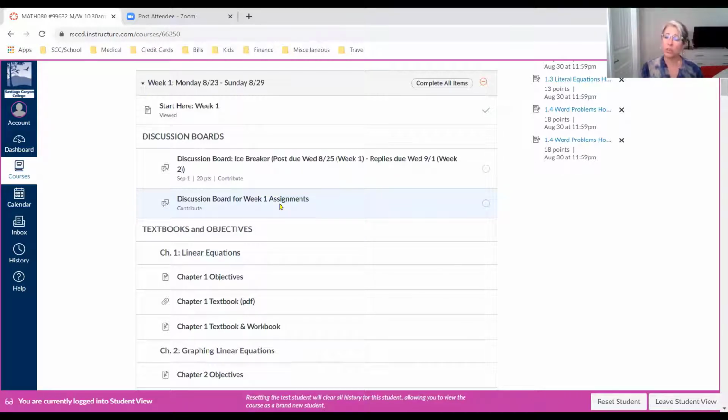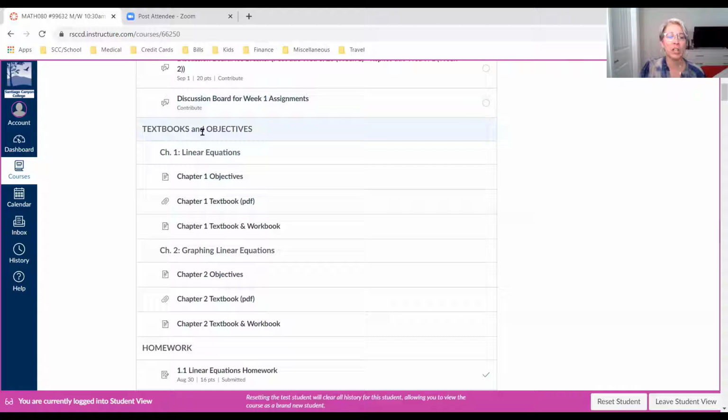So these discussion boards are just a great way to go, hey, I'm struggling with problem 12 from section such and such, and here's where I have a problem. If you can post a picture of it, that would be even better. And then students can help each other out as well as I can pitch in as well. But sometimes if homework's not due until Sunday and some people are waiting till Saturday, you may get some answers from your colleagues, your peers, before you get an answer from me. So these discussion boards are great.